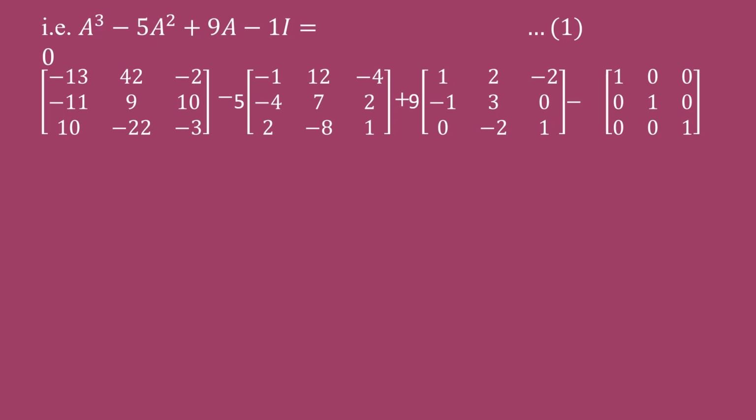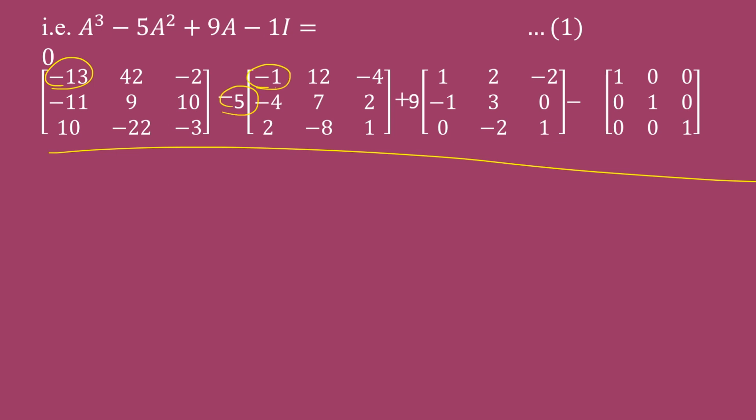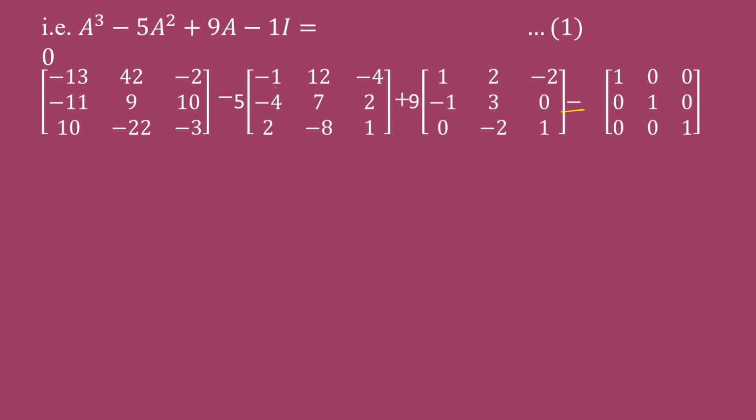And if I do the subtraction, if I solve this, what are you going to get? Minus 13 minus 5, you multiply this inside, it will become plus 5. So minus 13 plus 5 is going to be minus 8. Minus 8 and plus 9. Minus 8 plus 9 is going to be 1. 1 minus 1 is going to be 0. And the same way you can check that the other entries are also going to be 0. So after solving this left hand side, we are getting 0 as the right hand side, and this is what you had to satisfy, right? You had to check whether this left hand side is coming out to be a null matrix or not. And we got it as a null matrix.